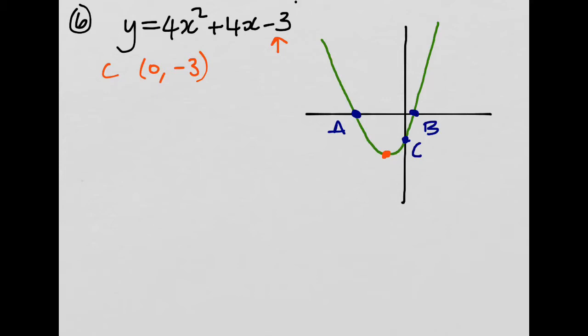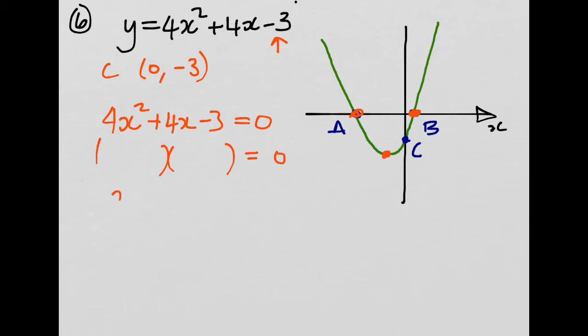How do we find A and B? Well, these are the roots. It's where it crosses the x-axis. So how do you find the roots? We put the equation 4x squared plus 4x minus 3 equal to 0 and solve. So if you factorise this